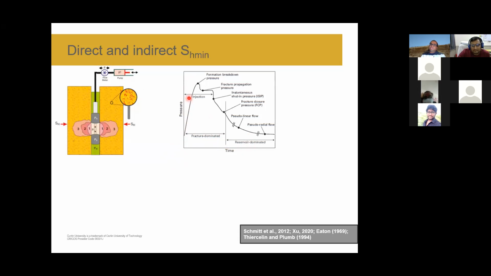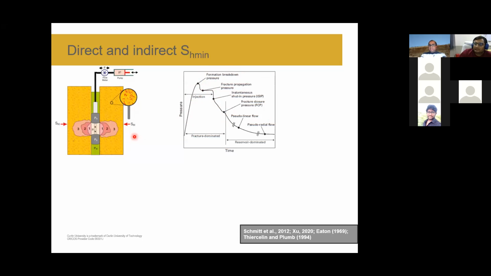The pressure will go up linearly as the pump is running, and as soon as the fracture is created, you start to see a breakdown. Once formation breakdown starts, it can propagate a little bit of very tiny fracture, and after some time you shut the pump off. That instantaneous shut-in pressure is considered quite a good estimation of the least principal stress magnitude. Sometimes you can run this scenario in several cycles so that your estimation of the least principal stress is accurate.